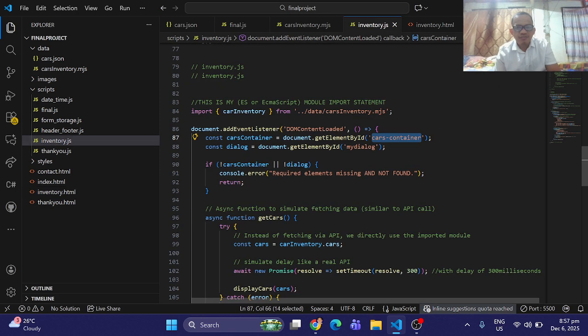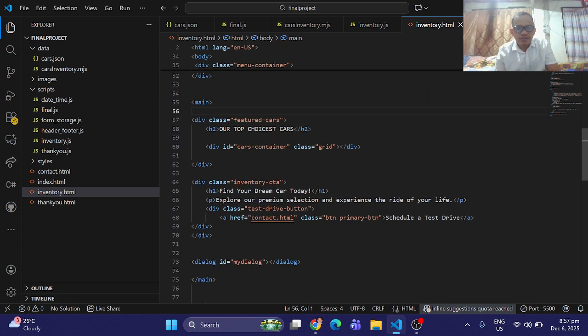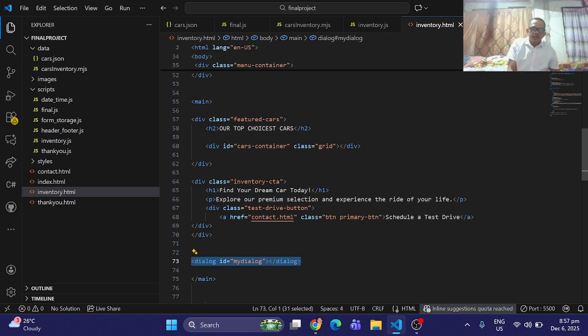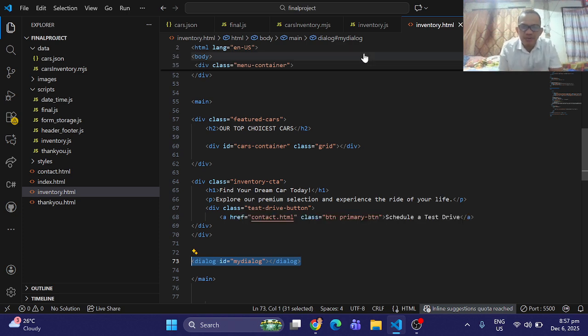I am also putting some additional container here with the ID of my dialog. This is for my modal.